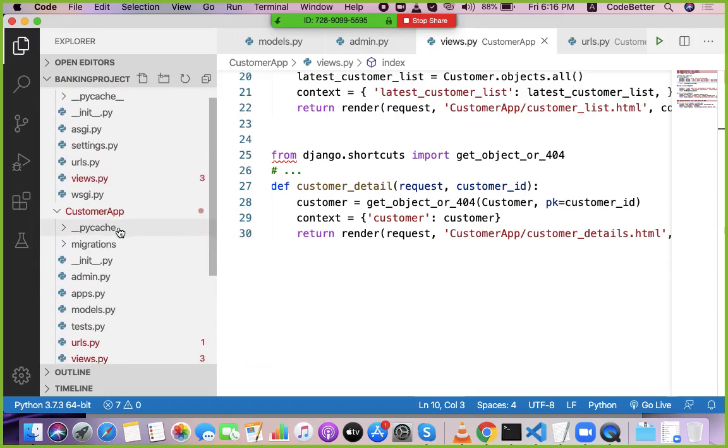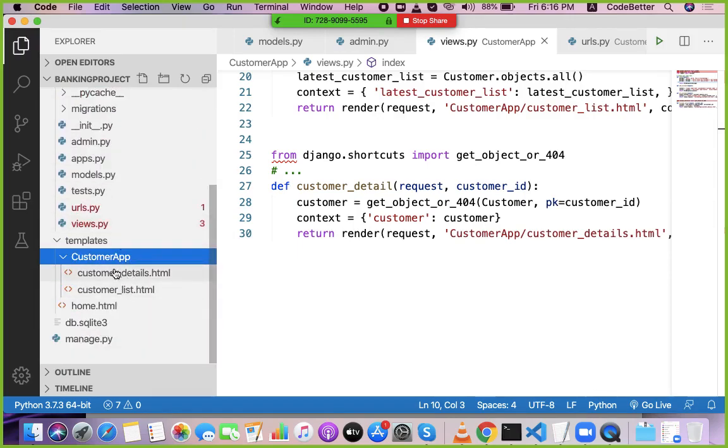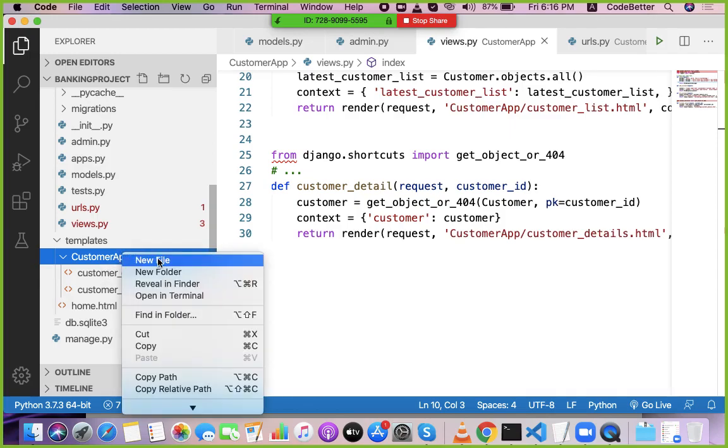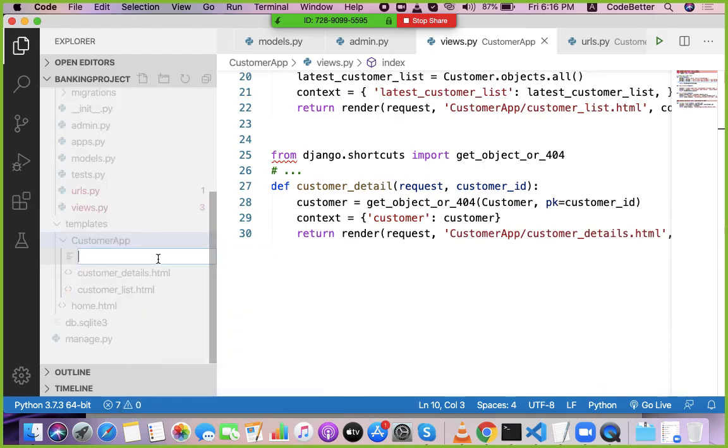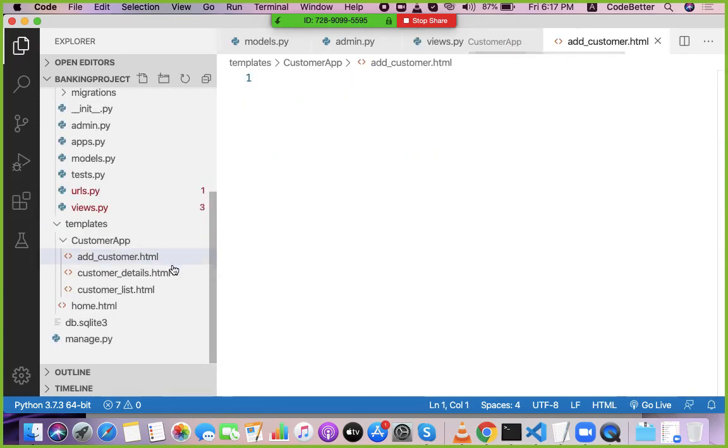So let's create a new form inside this customer app, and we will connect this with the... let me give the name of a new form. So I am going to create a new form, new file, add underscore customer dot html. Okay,